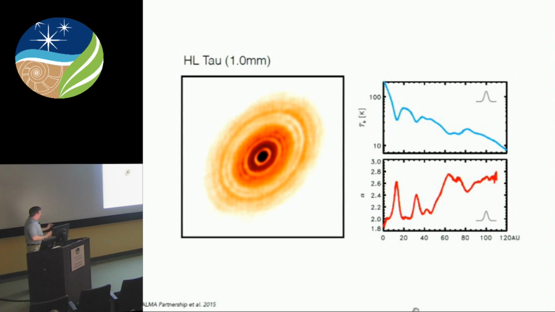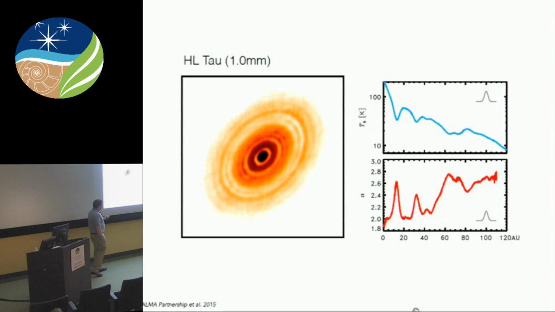Anyways, there's a couple interesting things that I want you to take away from this. One is what we call the brightness temperature profile. This is just a way of measuring the surface brightness, but it's physically informative in some sense. Because if the emission is optically thick, the brightness temperature should be roughly the same as the dust temperature. And if you look at these numbers, these brightness temperatures are tens to hundreds of Kelvin. And that's about what we expect in this disk. That suggests that the emission could actually be optically thick and not optically thin, like we've always assumed.